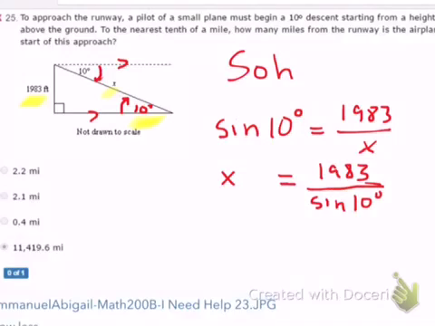But 1983, again, make sure your calculator is in degree mode. 1983 divided by the sine of 10 degrees is 11,419.64 or 0.6